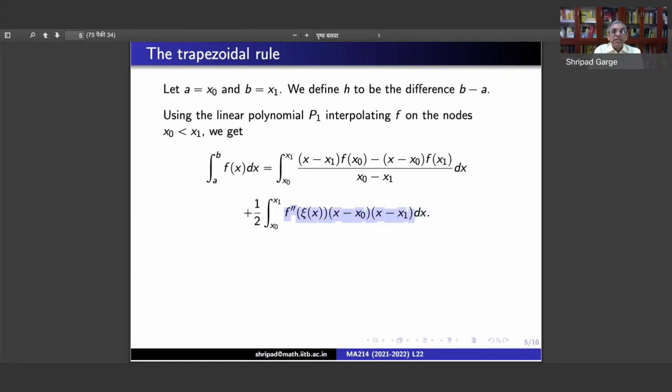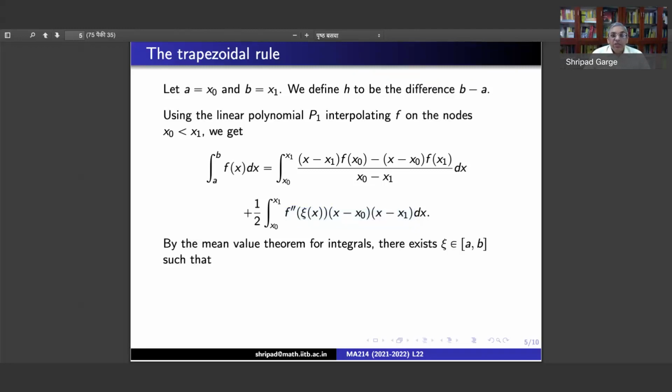So you would say that integral a to b f(x) dx is integral x0 to x1, because x0 is a, x1 is b, P1(x) dx, and you would have 1 by 2 integral x0 to x1, the double prime of the derivative at xi(x), (x minus x0)(x minus x1). Now we would like to get a nicer form for the error. The computation of the approximation of the integral is something that you can always compute. We would like to get a nicer form for the error, and what we do is that we use